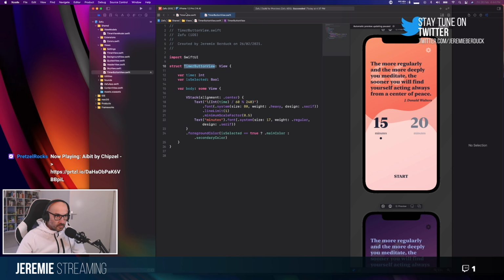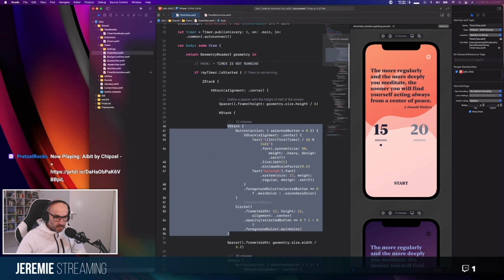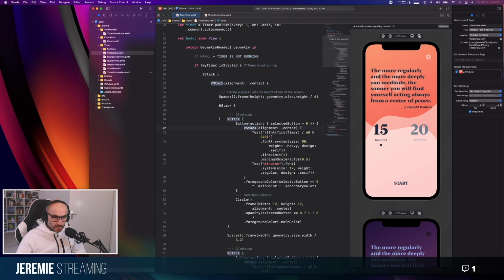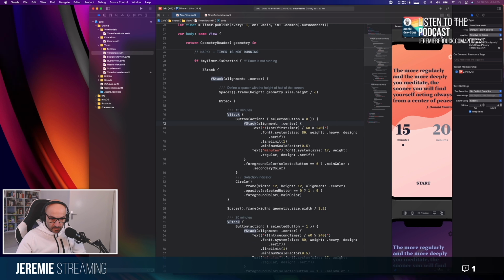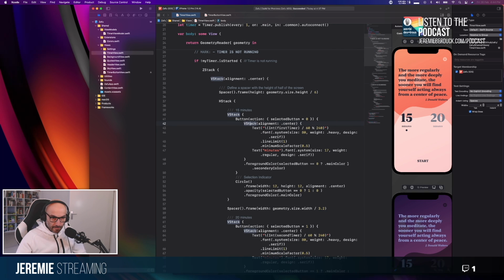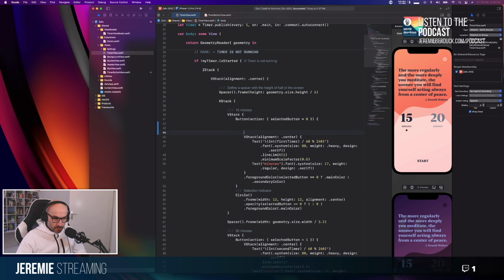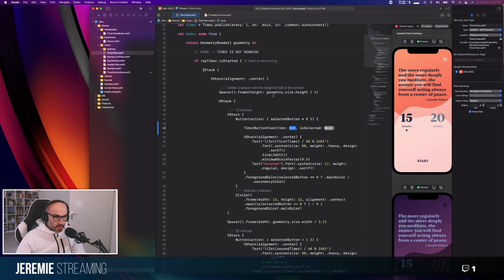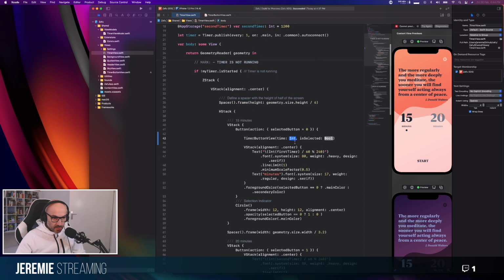So if now I'm using this inside this one, give me some space. So I want this timer button isSelected. The tricky part will be the isSelected. I want it with first timer,